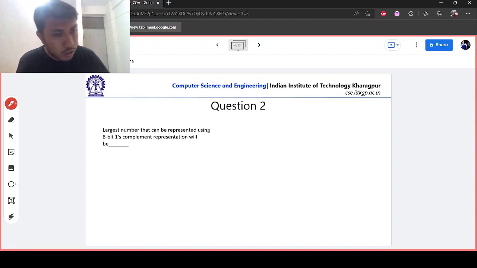If you have gone through the slides, you know the range of ones complement numbers is